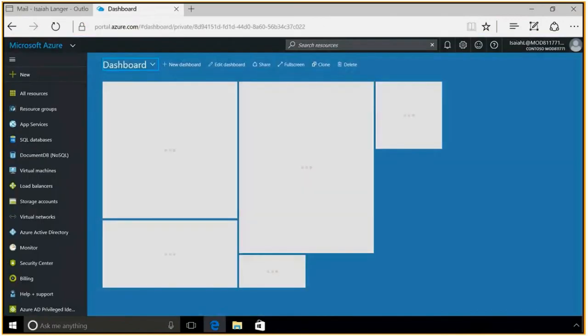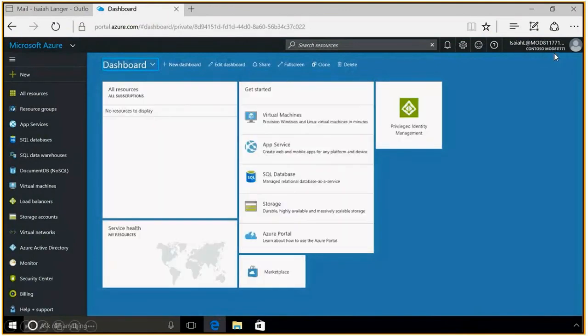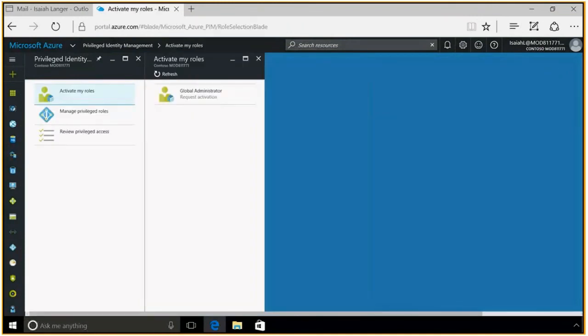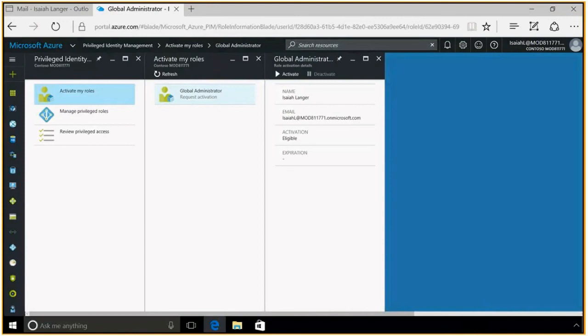Now you can see in the top right-hand corner, the user who logged in is the user, not an admin. So he will go to the PIM portion. What he has to do now is request activation as a global admin. You can see only one role because he has been made eligible for global admin. If he had been given 5 roles, he would see those 5 roles under his login. So he is a global admin, he has to activate, and he will click on activate.